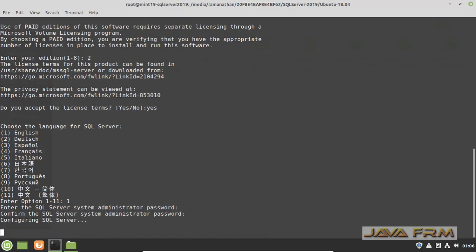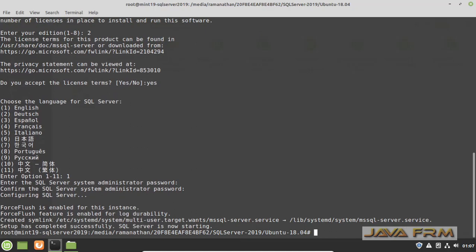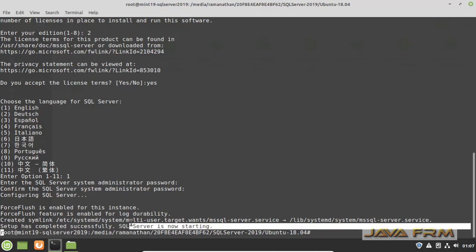Okay, now I can see that SQL Server is getting configured. Okay, so SQL Server 2019 installation is successful in Linux Mint 19. You can see that the SQL services are getting started.